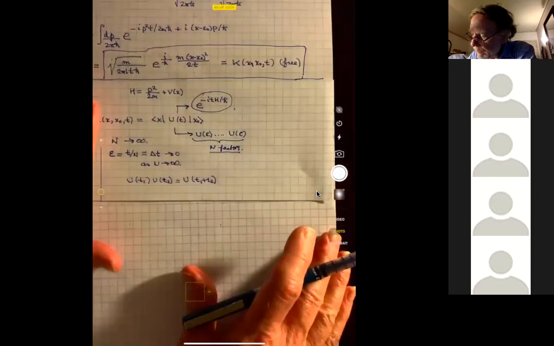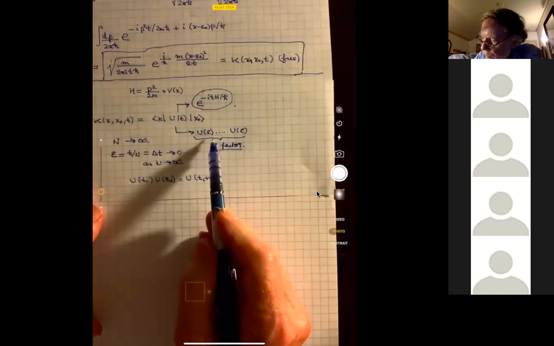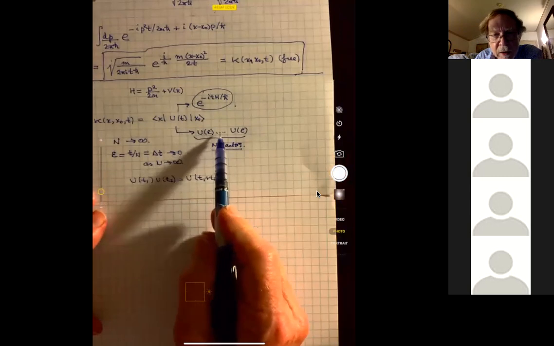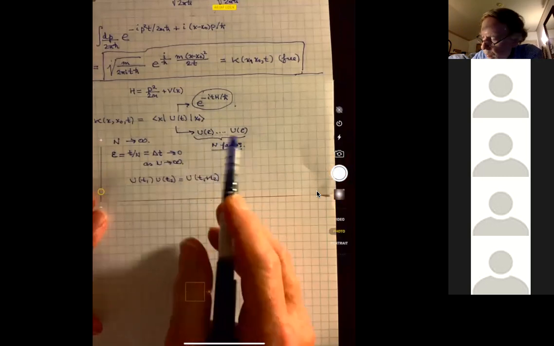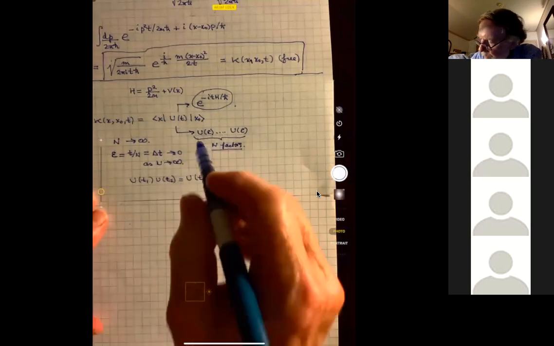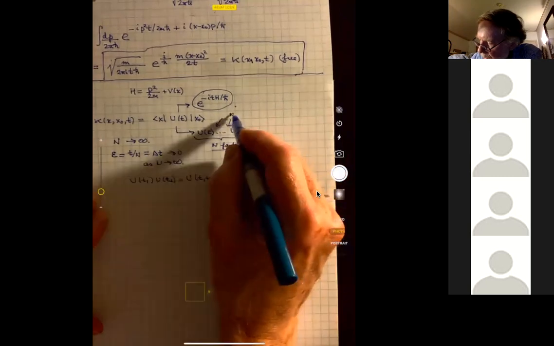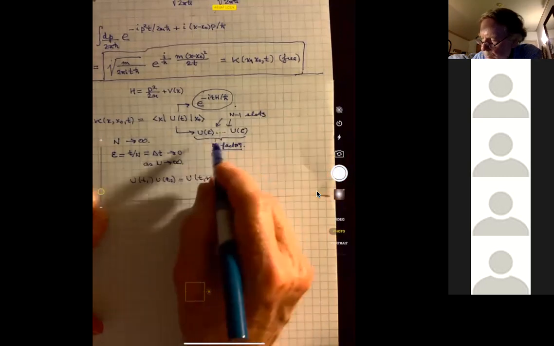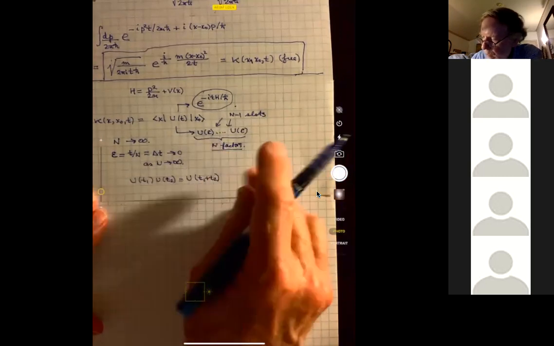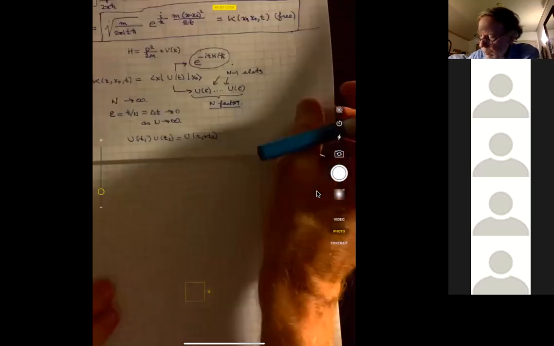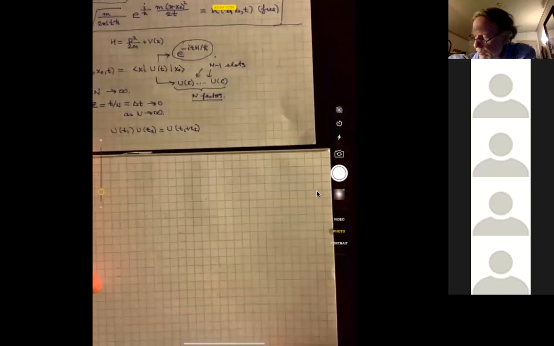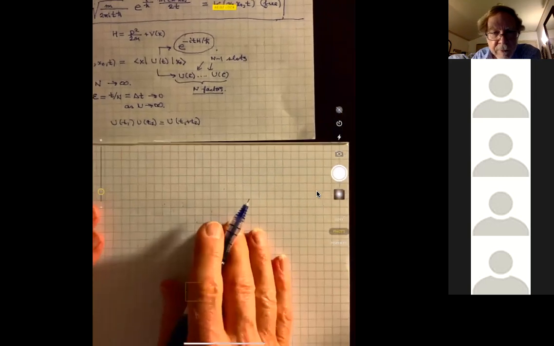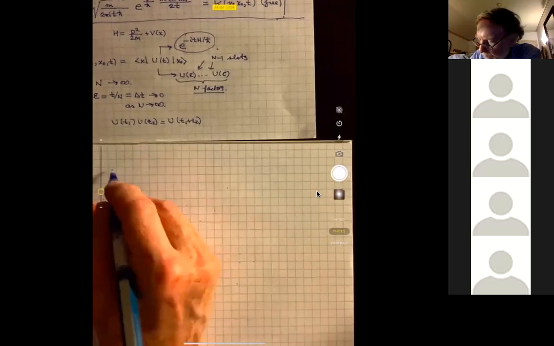Now then, the next step is that we insert resolutions of the identity between each of the factors of u of epsilon. There are n factors, so there's n minus one slots between the u's, between the initial and final ones. So that we can now write, and this is still with no approximation, we can now write the propagator K